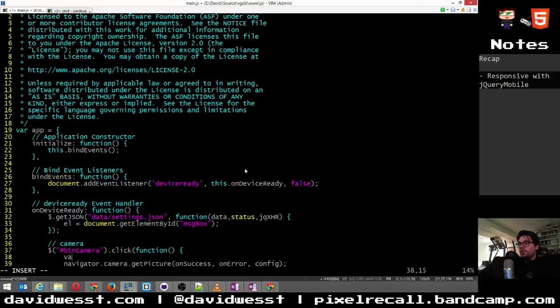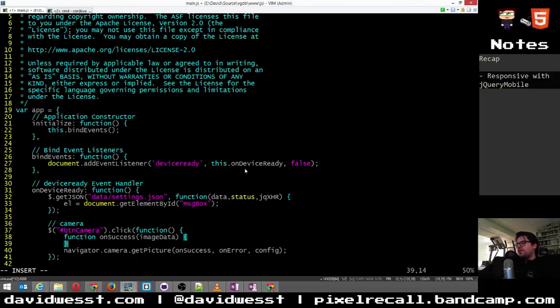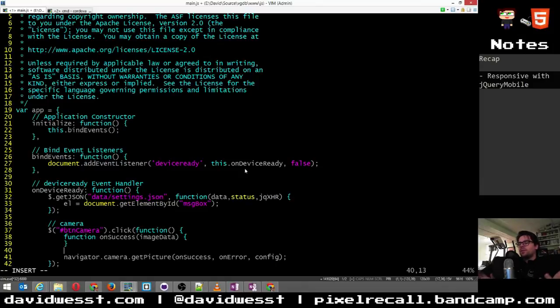So if we do, let's say, function onSuccess, what it passes us is some image data. Now here's another little caveat. I'm not going to call these shortcomings because it's a brand new component inside of Apache Cordova, and I would say Cordova is easily the most robust of those options we talked about last time. Between Ionic, it covers the largest number of platforms, it's purely open source and really platform agnostic, and there isn't a lot of tooling around it, but it's the guts of all of these other frameworks, really.